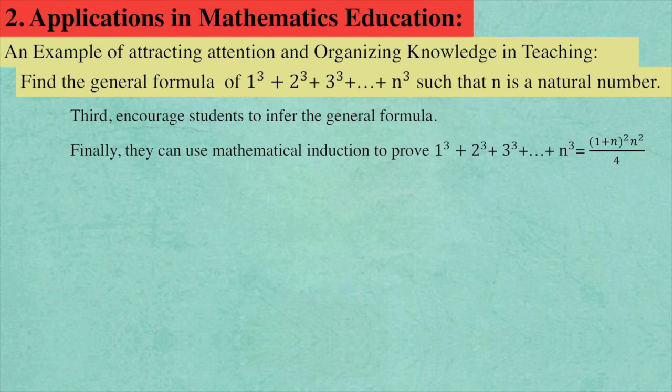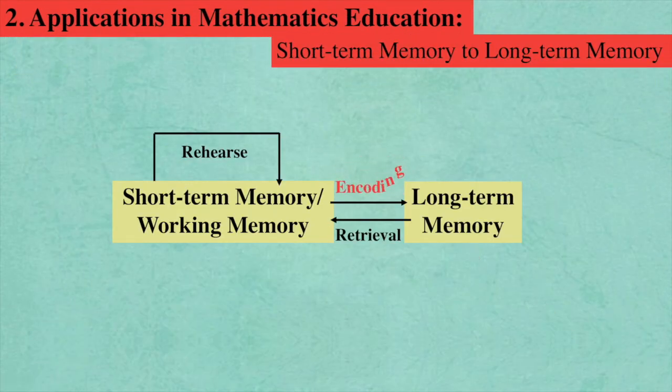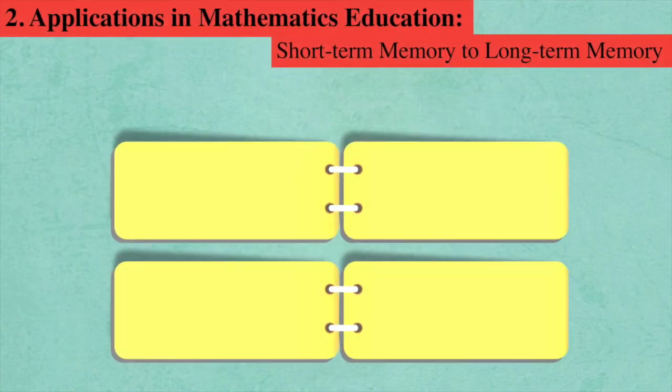Through the symbolic graphic combination method, we can not only attract students' attention but also make abstract knowledge more concrete. Moreover, summarizing the rules from the application of previous knowledge is also an important way to train students' logical thinking ability. We can also help students encode the important information from short-term memory to long-term memory by constructing a stable knowledge structure. The research shows that the CPFS structure is a good mathematical cognitive structure, which is helpful for the storage